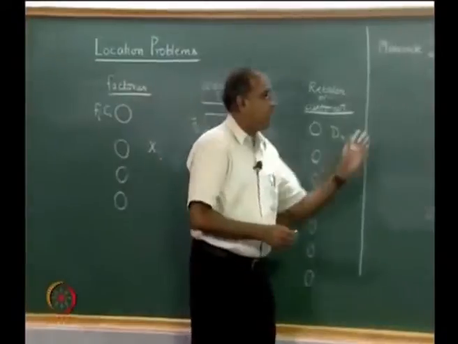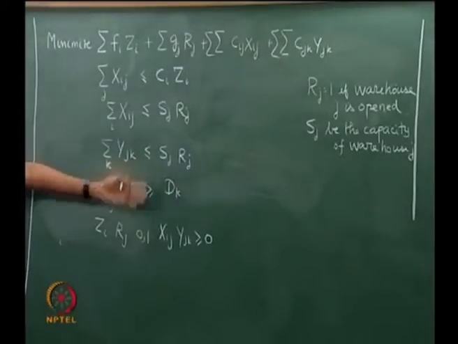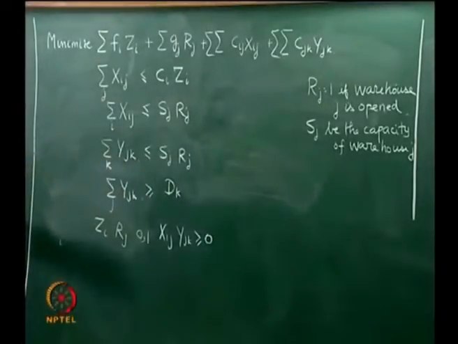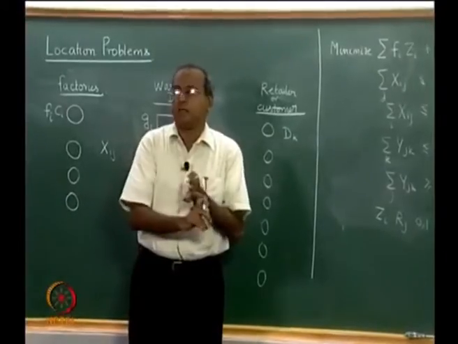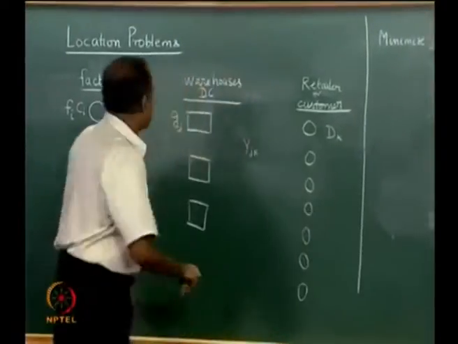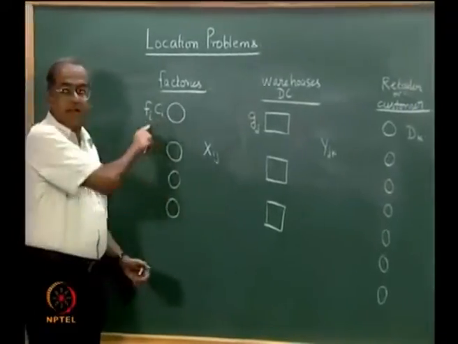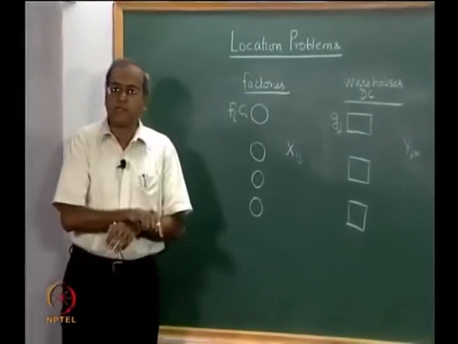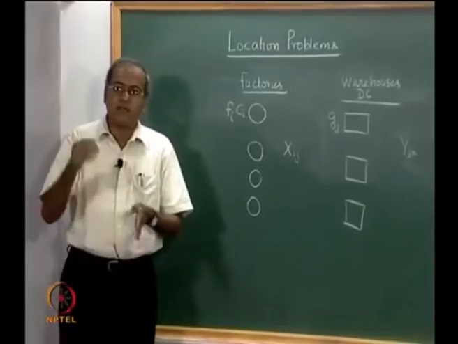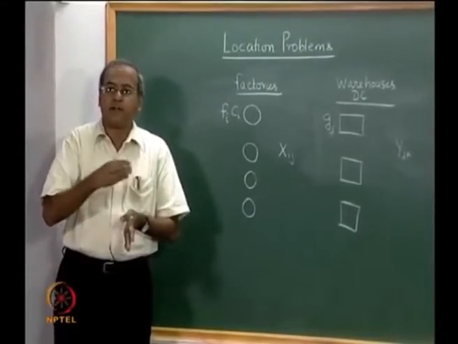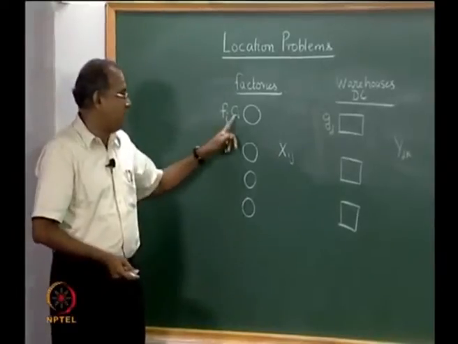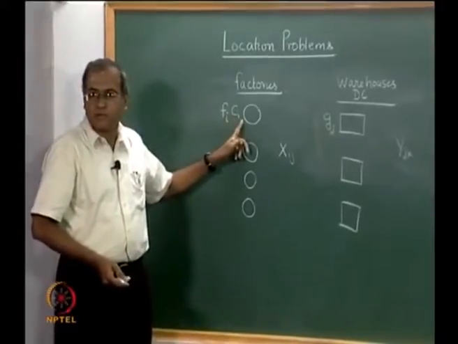Then we could also have time as another dimension, where the demand can be given for various time periods. So, D will now become D_KLM, demand at customer site k for item L in time period M, in which case the capacities may be defined as different for different time periods, but the same capacity for each time period, but for different items. So, this would have one more subscript that comes in.